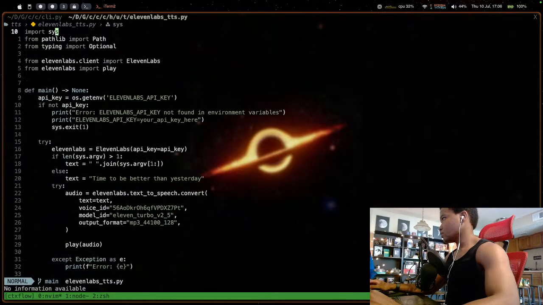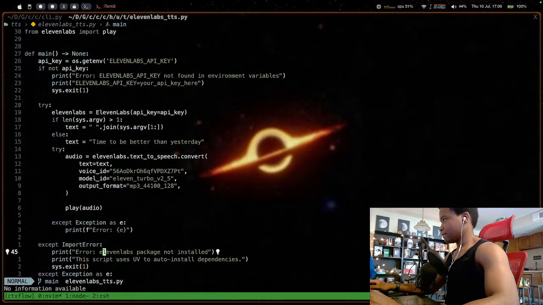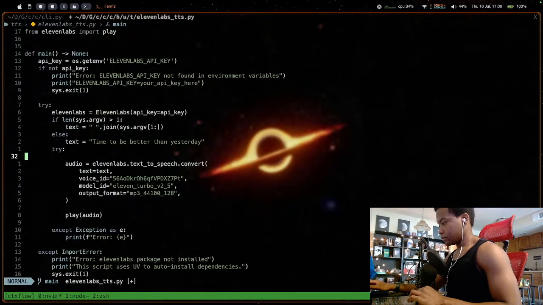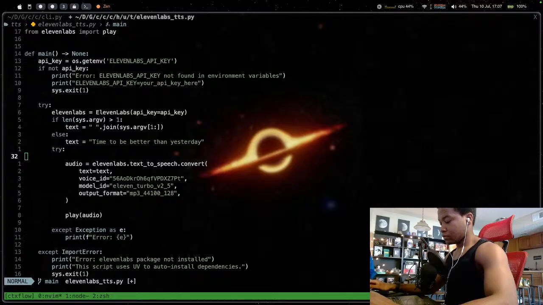API key. Why is Zen doing this to me? Using Zen browser, it's having such a huge issue with Cloudflare.